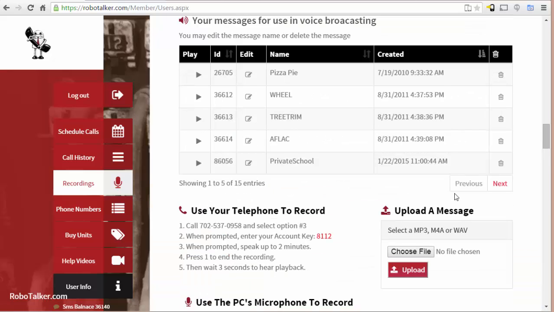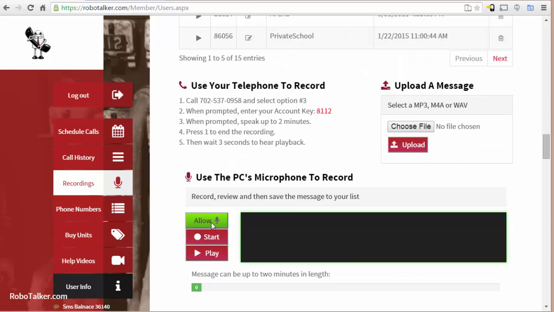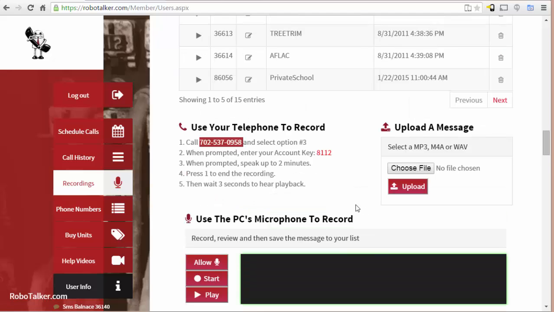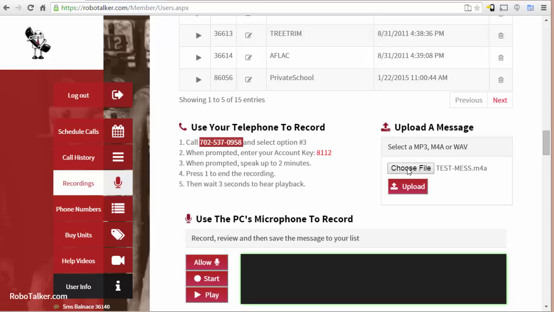Now we need something to send out. So let's say a voicemail message. We can either record it on a smartphone and upload it. You can either use this interface down here and record it with the PC, or you can call a telephone number. This is the number that you call, and this is a 4-digit key that you put in, and here's instructions on how to record. Fairly straightforward. Let's choose a test message, upload it,